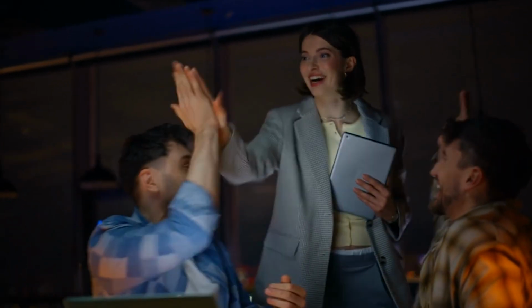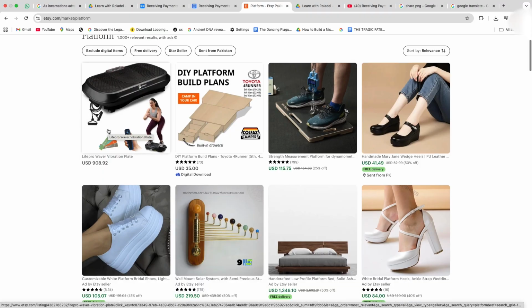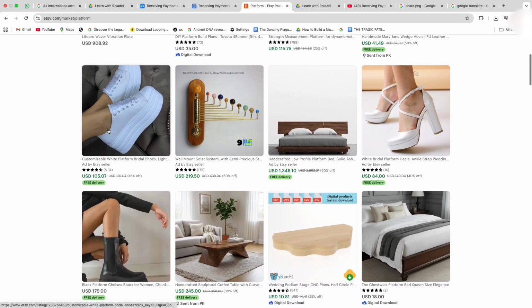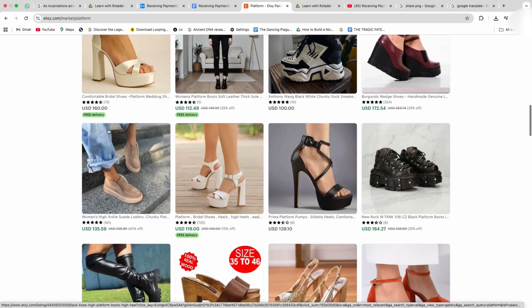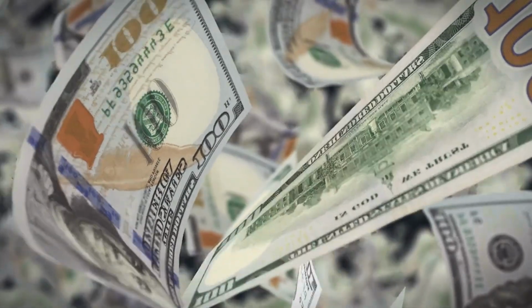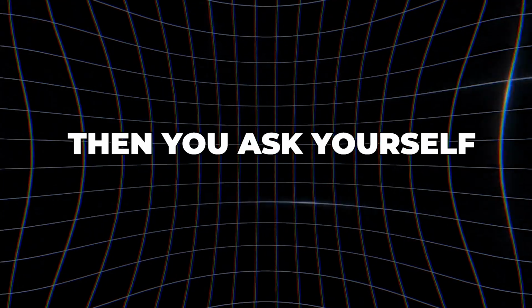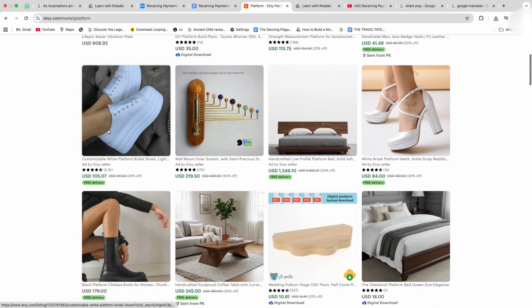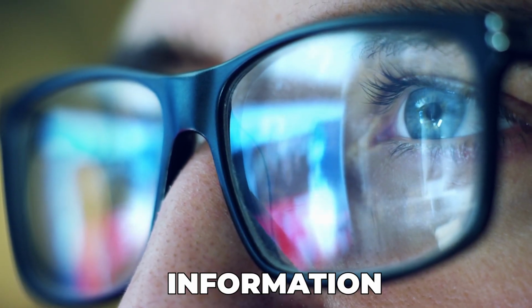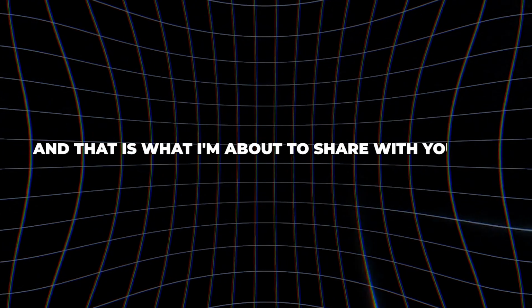not sharing with you. If you check well on the Etsy platform, you'll notice that there are a lot of vendors from non-supported countries. And of course, they are making a lot of money. Then you ask yourself, how did these people create accounts and sell on this platform? The answer is that they have information you don't have access to, and that is what I'm about to share